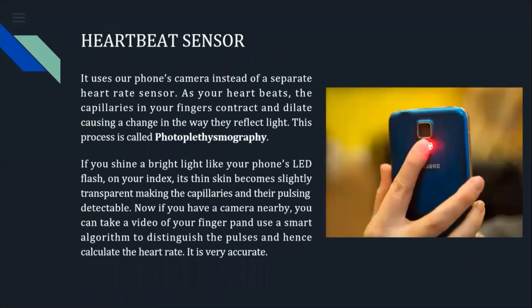Next, heartbeat sensor. It uses our phone's camera instead of a separate heart rate sensor. As your heart beats, the capillaries in your fingers contract and dilate, causing a change in the way they reflect light. This process is called photoplethysmography. If you shine a bright light like your phone's LED flash on your index finger, its thin skin becomes slightly transparent, making the capillaries and